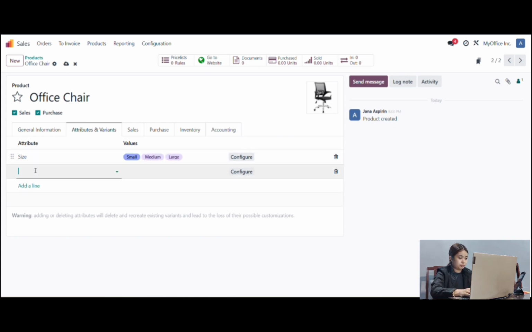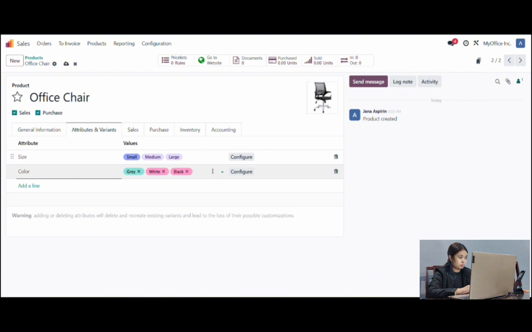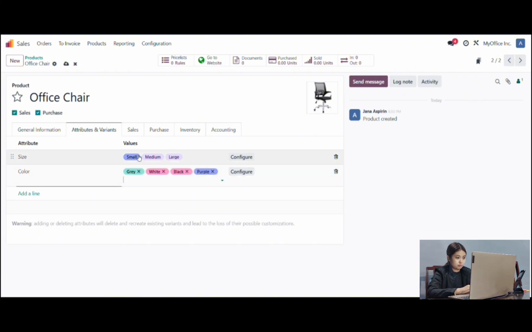Now add a line again and type color and then with the value of gray, white, black, violet, purple, and then save it manually.